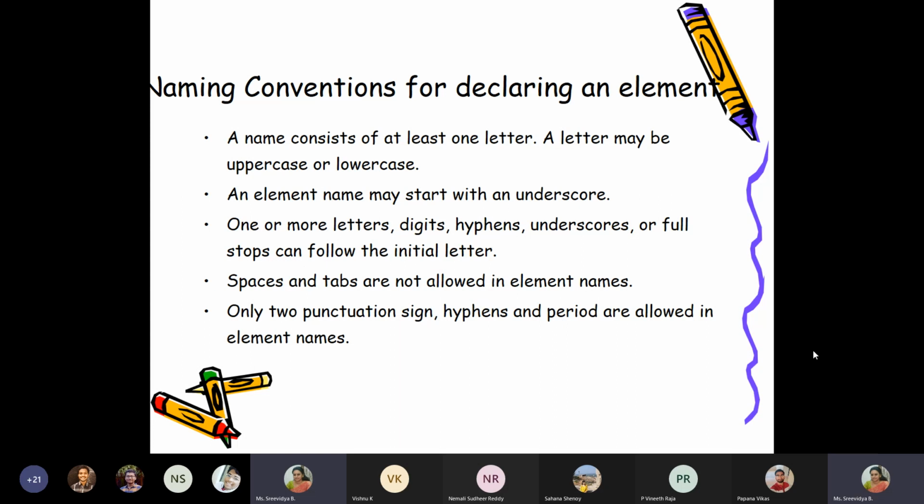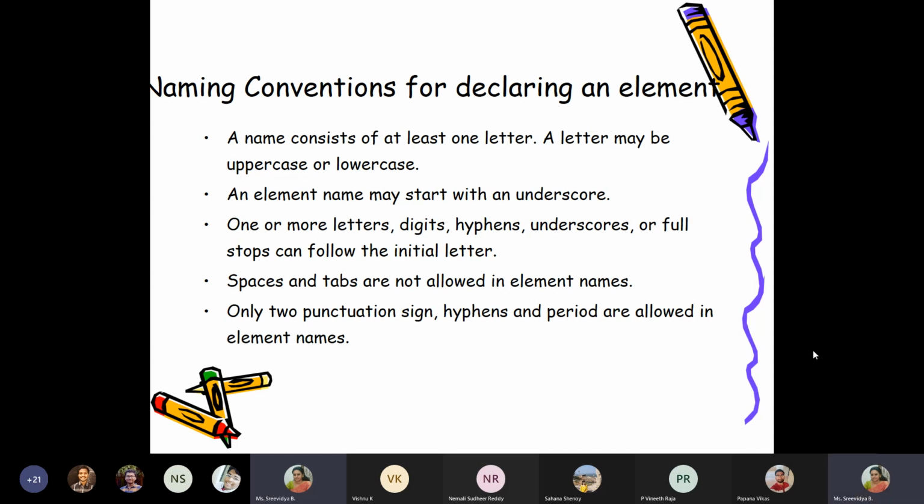So how to write the name of an element? The name consists of at least one letter. A letter may be uppercase or lowercase. An element name may start with an underscore. One or more letters, digits, hyphens, underscores, or full stops can follow the initial letter. So the first thing should be a letter or an underscore. After that, you can have more letters, digits, hyphens, underscores, or full stops.